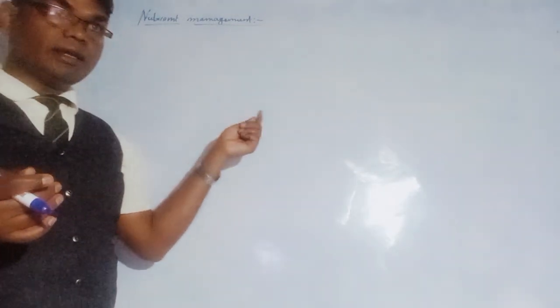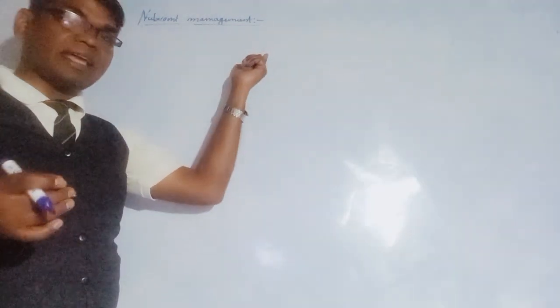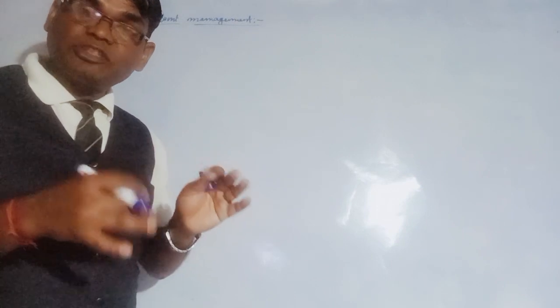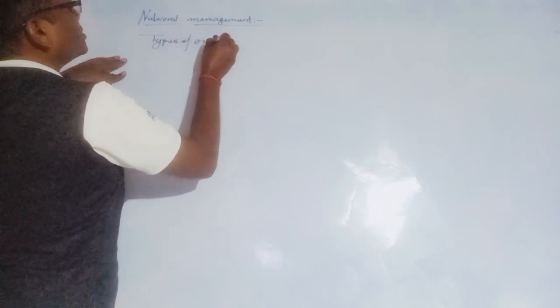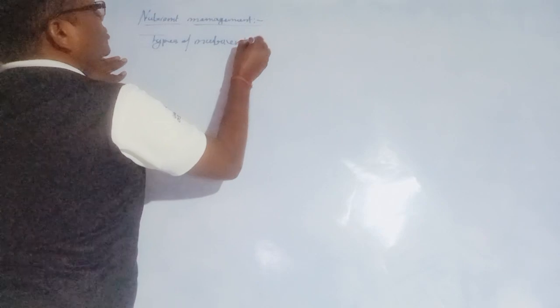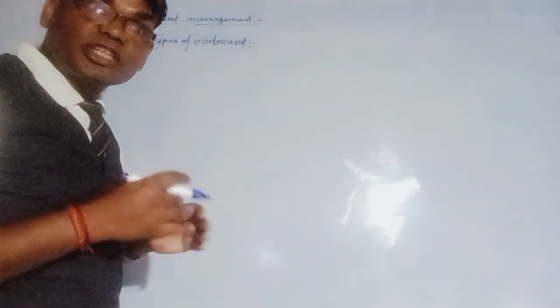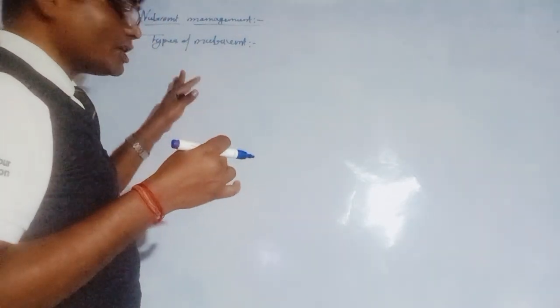These 16 essential nutrients can be divided further according to their use, from a major use and a minor use point of view. So the nutrients are divided into two categories. The first category is known as macronutrients and the second category is known as micronutrients. How many types of nutrients do you know? There are two types, according to major use and minor use.